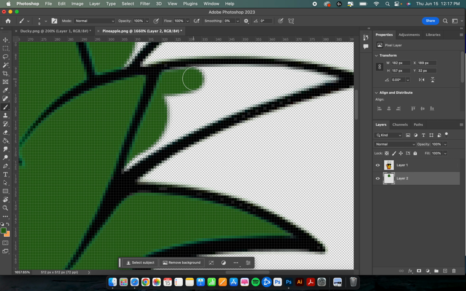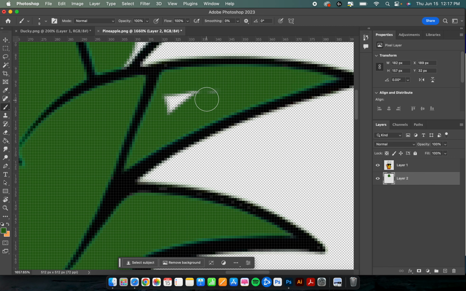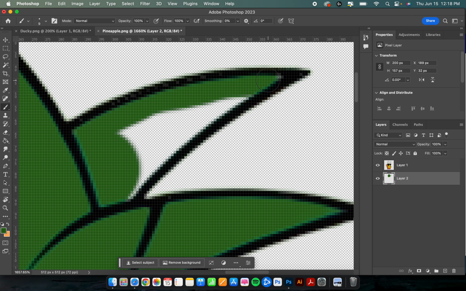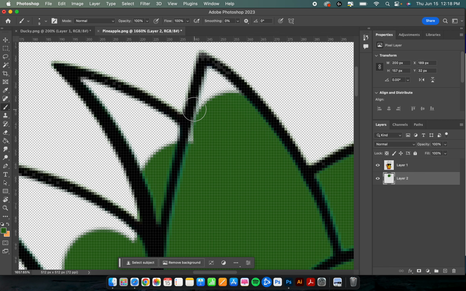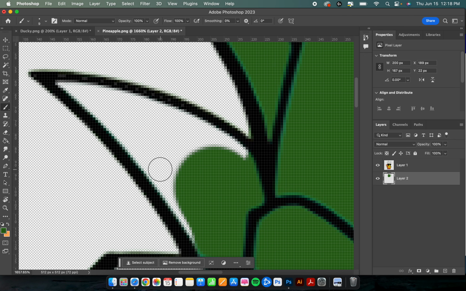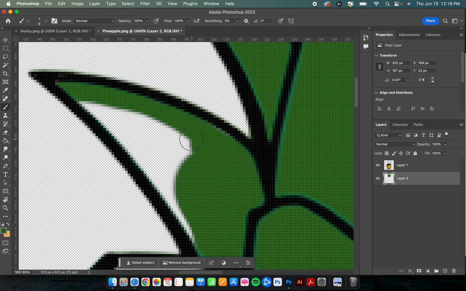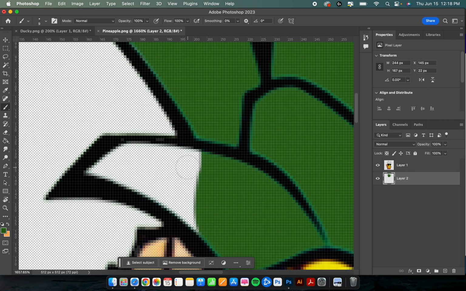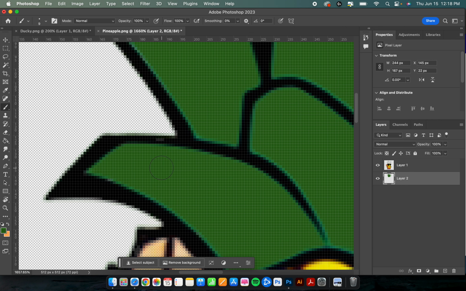And again, you might literally never have to do this with your AI generated ideas. This is if you get one, you're like, oh, it's so sick, this is so cool. But something's wrong with it or whatever. Here are two easy ways for you to fix it: the brush tool and the eraser tool. And I do want you all to do these with Pineapple and Ducky, so that way I know that you know how to do it. Alright, almost done. Ducky, I'm not going to go back and finish that up for the sake of this video. I won't take up your time with that. But Pineapple,